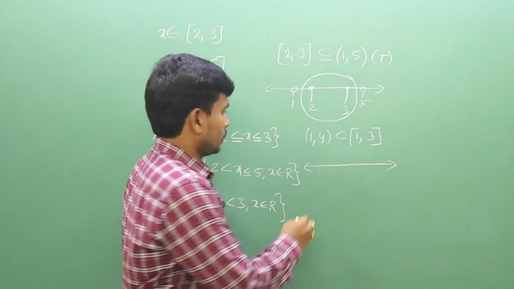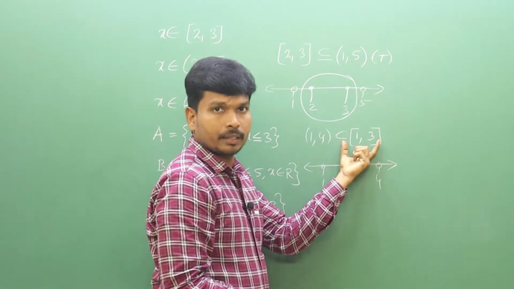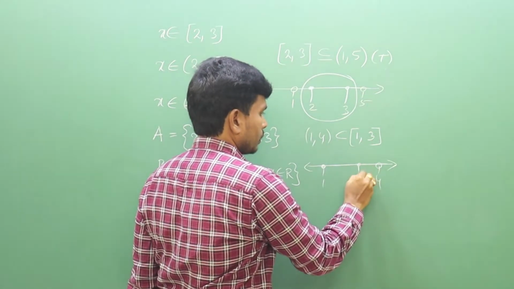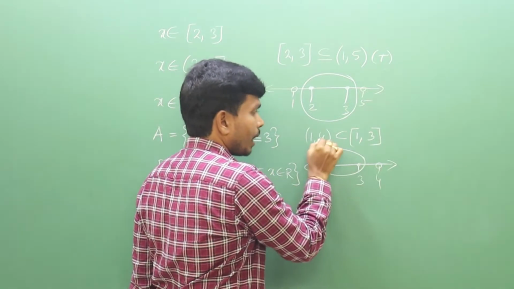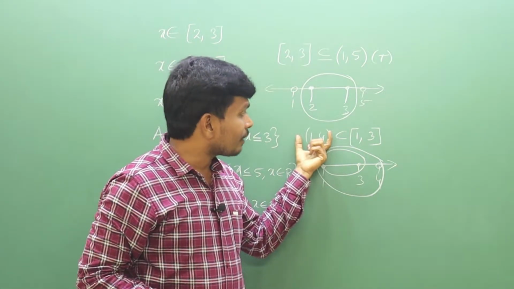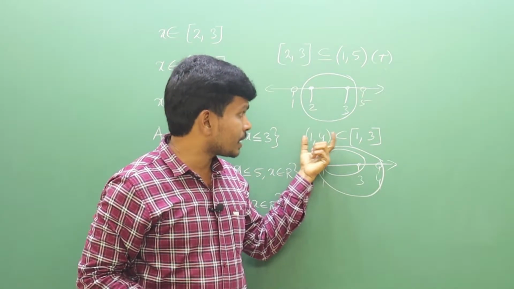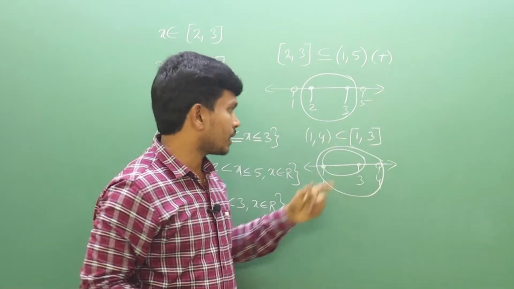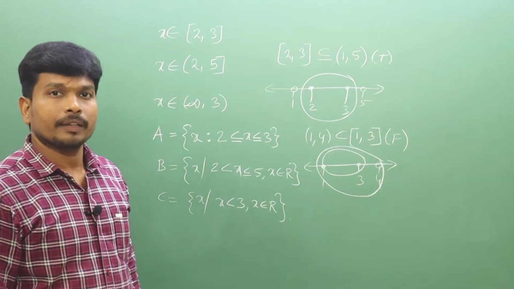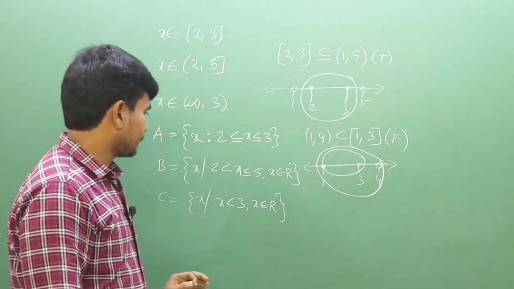1 no 4. It is open 1 and open 4. So this entire interval must be in it. But it is closed 1, okay. But here closed 3. So this interval is up to here only. But this one is entire this. So this total interval is not in this 1,3, right? So that's why this interval isn't entirely in this interval. So that's why it is not a subset of it. That is false. Okay.